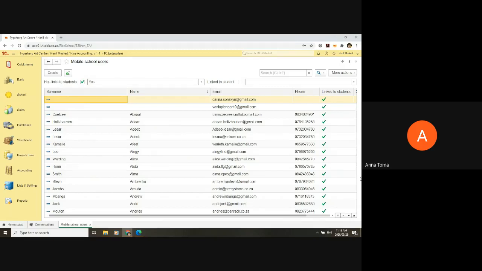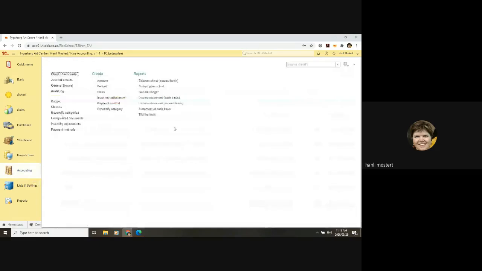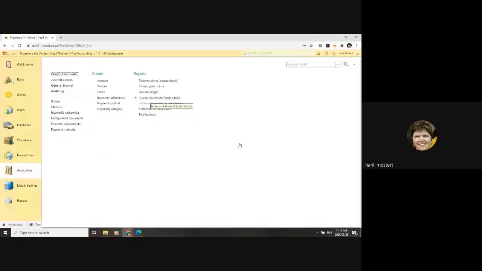Okay. Hanli, was there something else that you maybe wanted to show? No, I think maybe the last thing, just quickly show them on the accounting side as well, that you have an option with the income statement to either be on cash basis, because some schools work on cash basis,